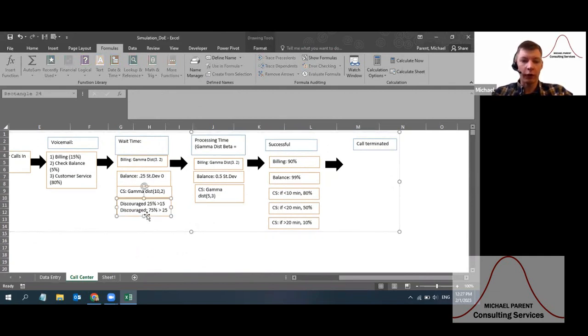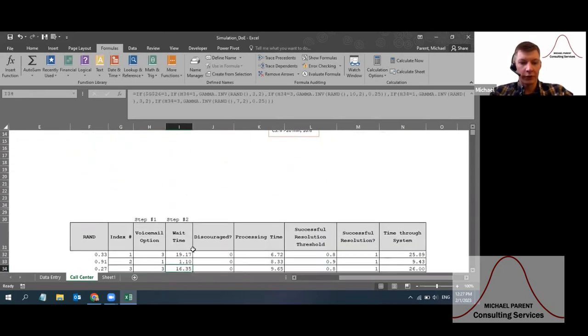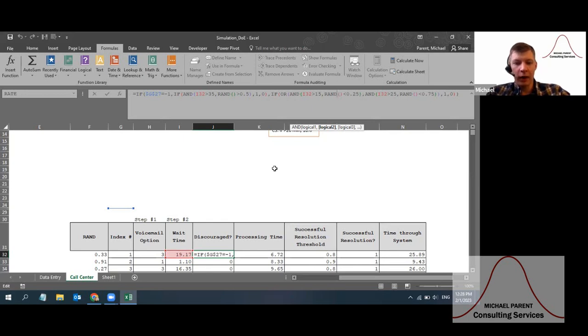Now what we want to do as well is capture, based on these wait times, whether or not somebody dropped out of the call. So this next column is a relatively simple if statement, and it's saying, look, if this is larger than 15% and a random variable is less than 25%, I want you to drop off. That gives me a 1, which signifies that the person got discouraged. Or if this was larger than 25 minutes and the random variable was less than 75, that signals that second option